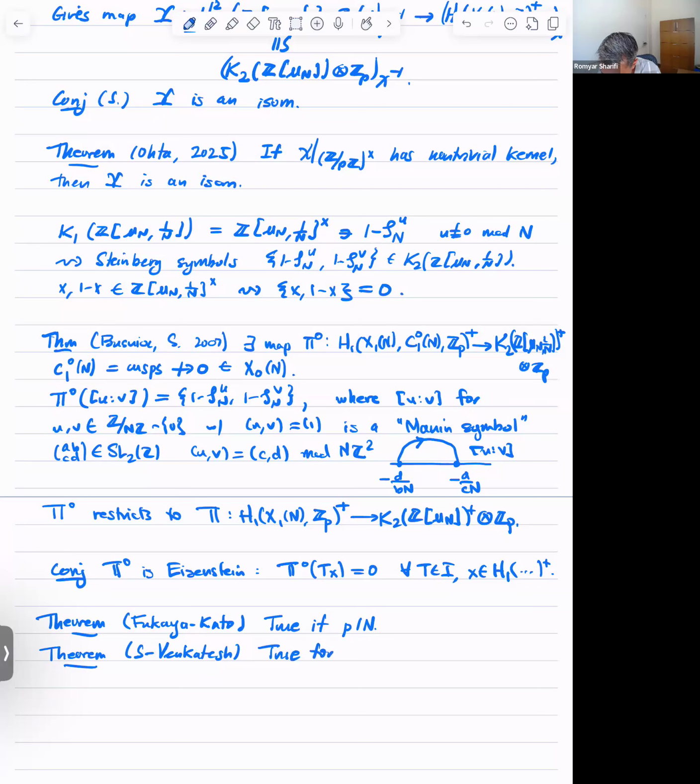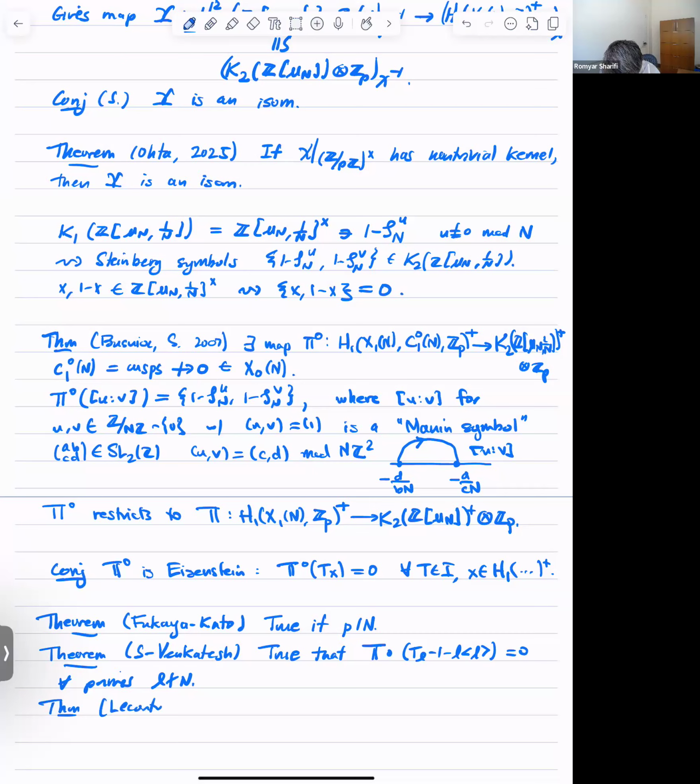For, maybe I should put it this way, true that t composed with T_L minus 1 minus L diamond operator L equals 0 for all primes L not dividing n, which seems weaker, but we don't assume p divides n. And in fact, Lecouturier and Wang, so maybe this theorem,